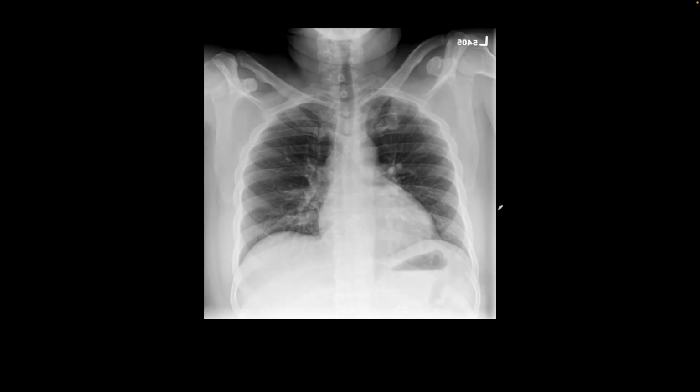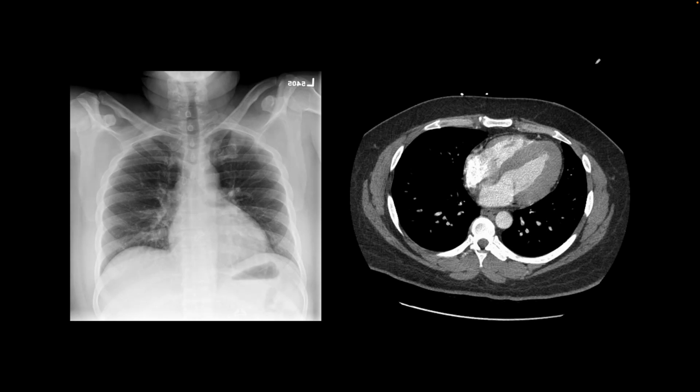This is our next patient. Here we have a PA view of the chest, and I tell my trainees, anytime you have a PA view of the chest, make sure you do the cardiothoracic ratio. So measure the maximum width of the cardiac silhouette and then compare it to the maximum width of the chest wall. This measurement of the cardiac silhouette should be less than half of the measurement of the chest wall. If it is not, like in this patient, you want to call enlarged cardiac silhouette,